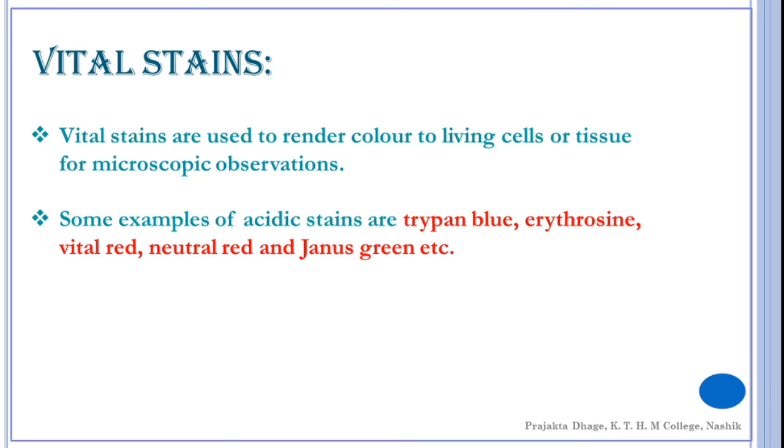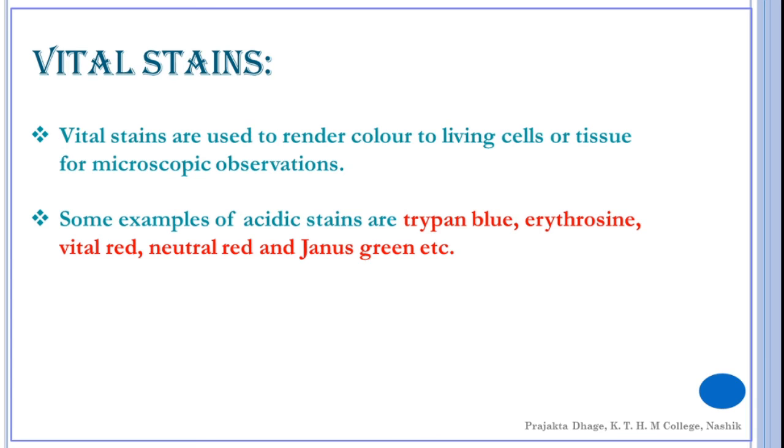Janus green B is a common vital stain mainly used to demonstrate mitochondria in living cells. This stain has a differential activity in different states: it is blue in the oxidized state while colorless in the reduced state. Hence, when living tissue is exposed to Janus green B, the stain gets reduced and becomes colorless within the cytoplasm. But when it enters the mitochondria, it gets oxidized due to the oxidizing enzyme cytochrome oxidase and turns blue, which helps to distinguish the mitochondria within the living cells.